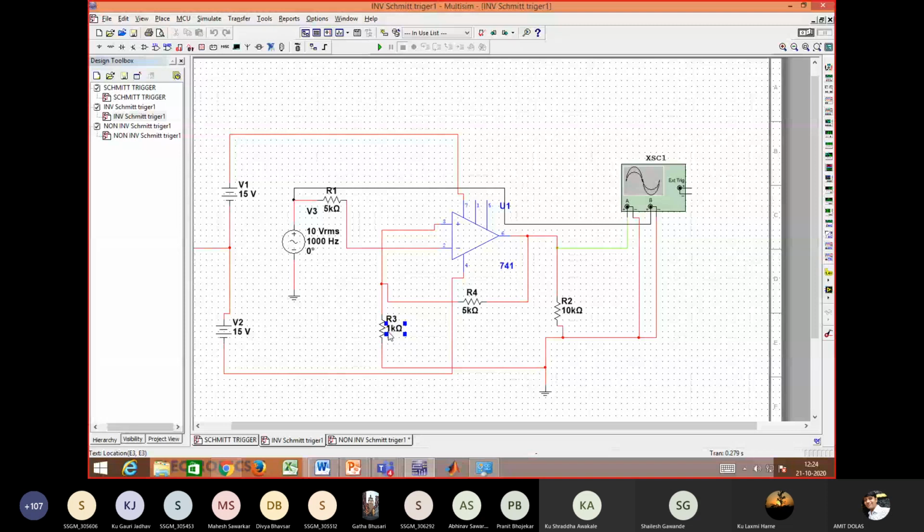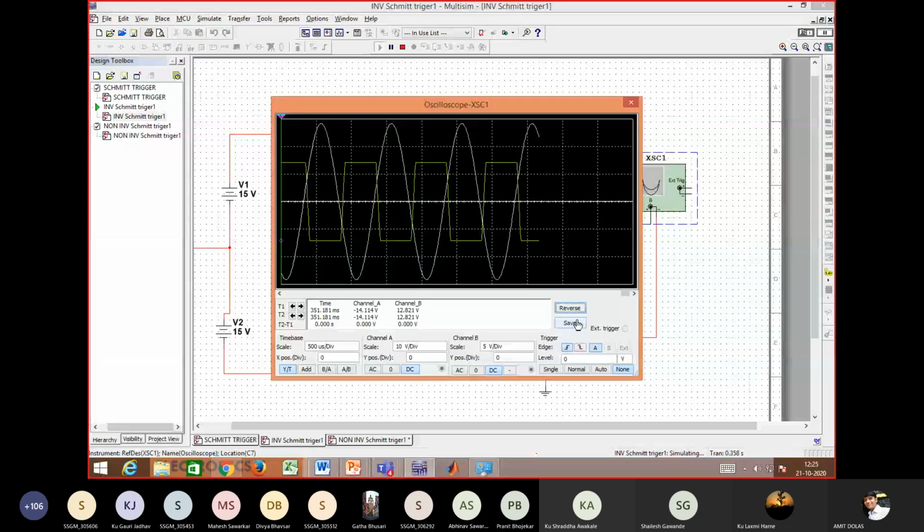And if I simulate this circuit, a similar circuit I did on Tinkercad also, there is no connection error. So I'll run it and I'll click on CRO. So now you will be able to see the sinusoidal waveform, that is the input, and the square wave, that is the output. What I will do, I will pause this so you will be able to see a stable output. So I hope you are able to see the output here.